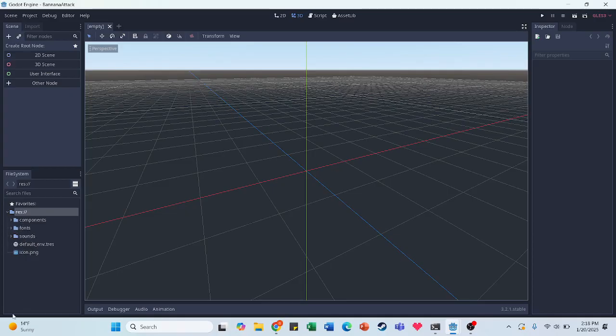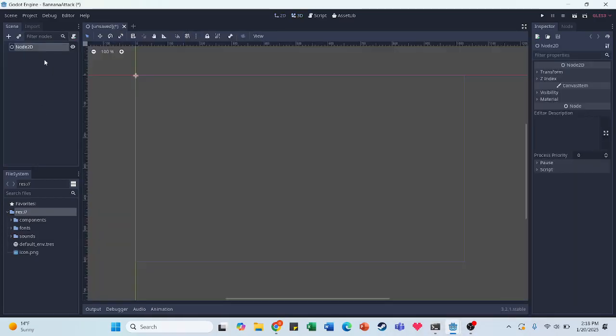Okay, we're gonna do this in one episode. We're gonna have 2 enemies, 2 different abilities, and so on and so on. First things first, though, we're gonna make a new scene. It's gonna be a Node 2D scene, obviously. Node 2D. What you're gonna want to name it is